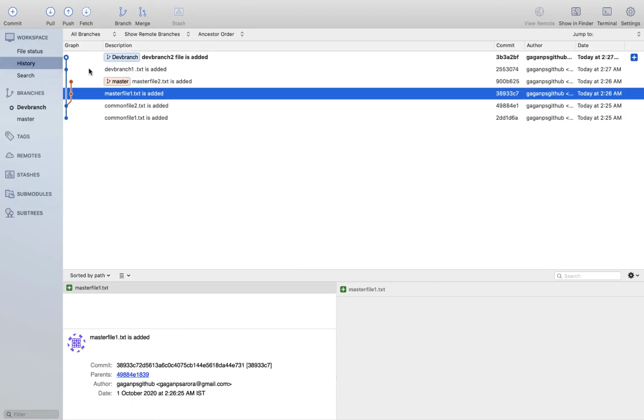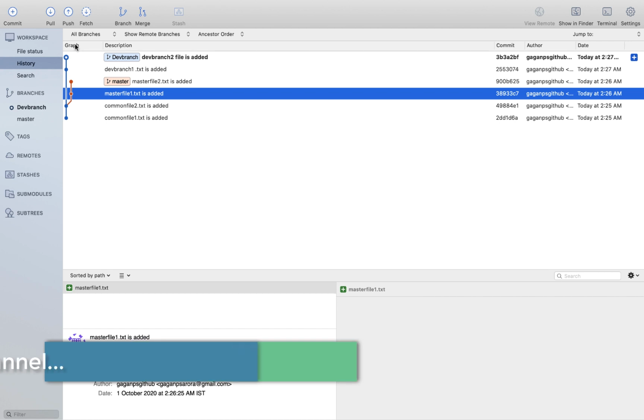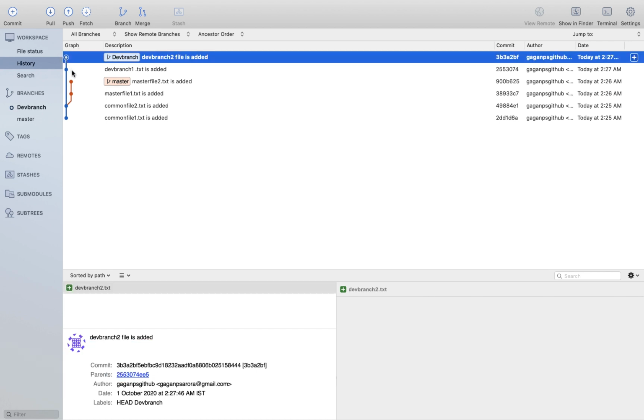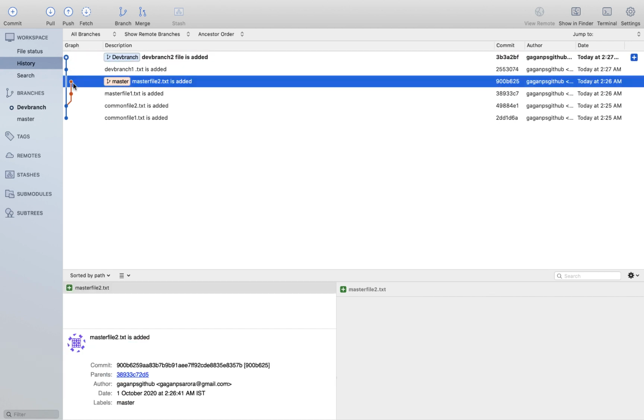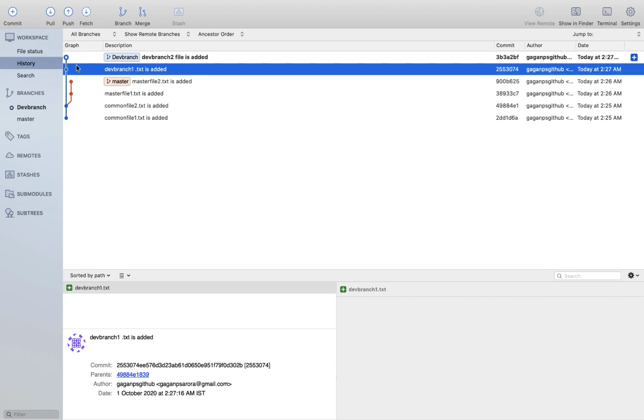Again, to reiterate, if in case we are using a merge operation, in this case a new commit will be created something over here, and this new commit will have 2 parents. One will be this parent, another will be this parent. That is the last commit from master and dev branch, and we can always go back and check the history. But in case of rebase, we will not do that. So in case of rebase, we'll add 2 more commits, that is these 2 commits over here, and 2 new commits will be created.